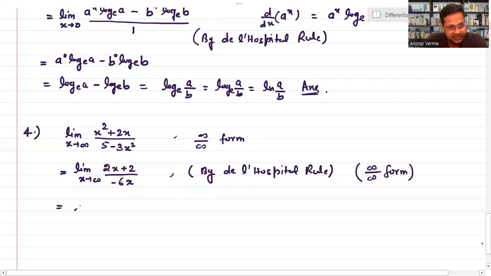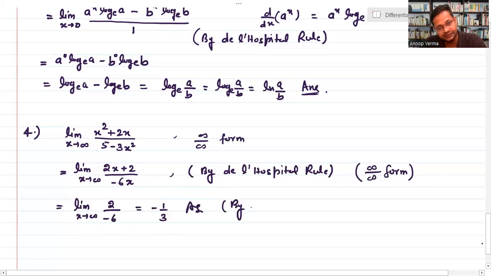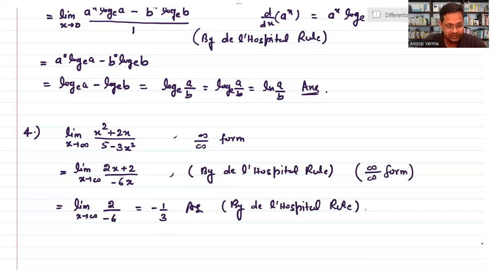So this will be limit x tending to infinity. This will remain 2 and there is minus 6. So from here you will get minus 1 by 3. This is your answer. So by simply L'Hospital rule, this is your answer, minus 1 by 3. Next,